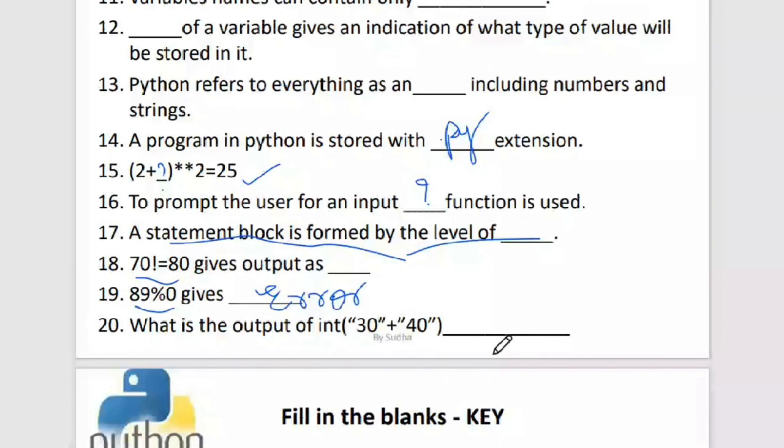Okay, what is the output of this particular statement? 3040. Okay, so it's 3040. Because it will convert this internal thing into a string, which is 3040. Is this 3040 of integer type or string type? String type. I have given it outside, right?